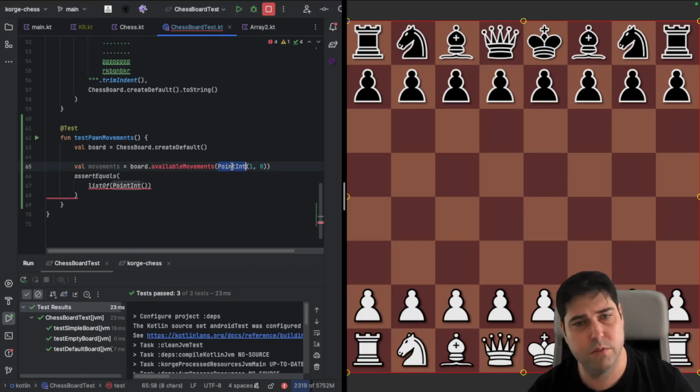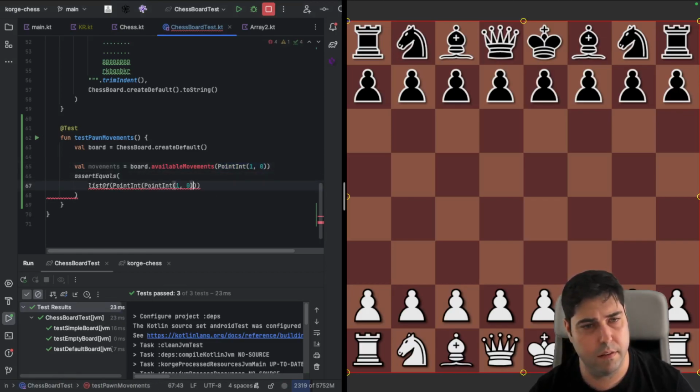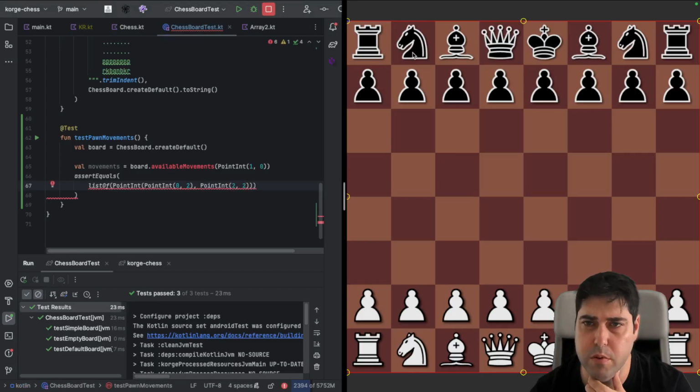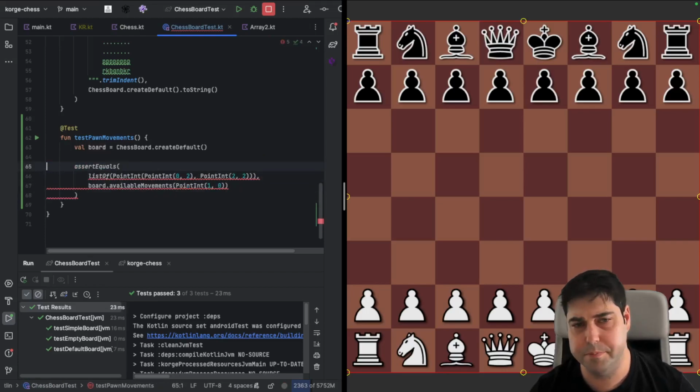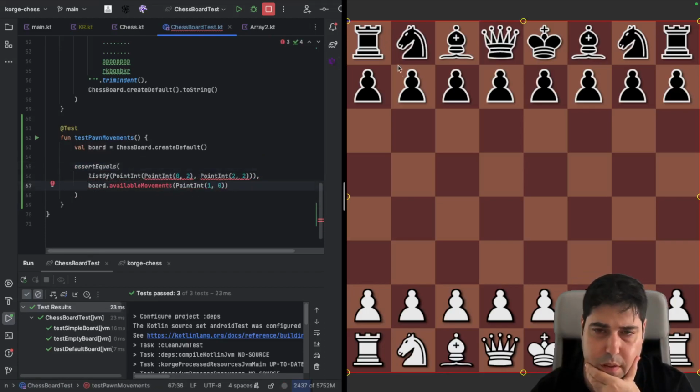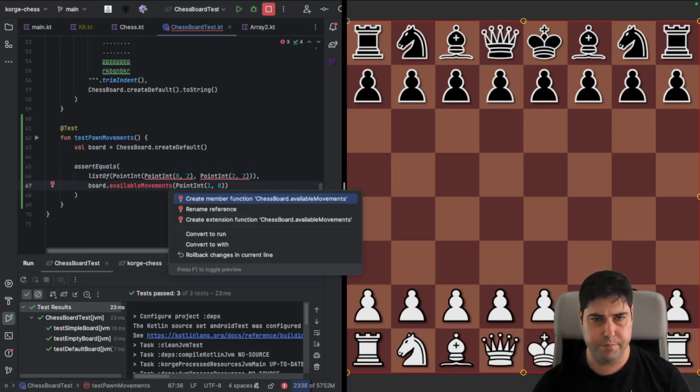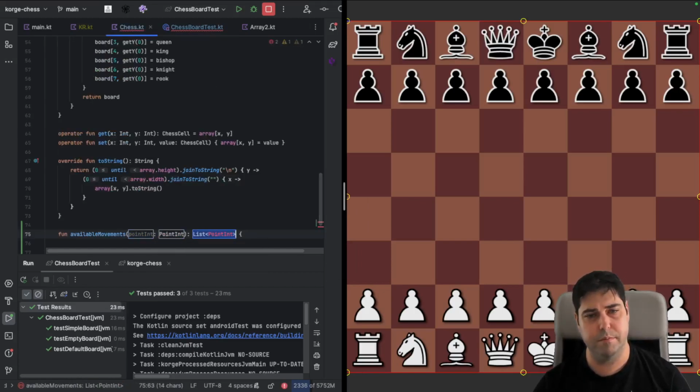So this should return something like 0, 2 and 2, 2. So the available movements for this piece are going to be these two. So the thing is, let's create this method,